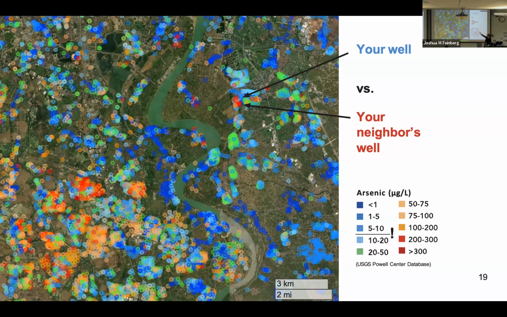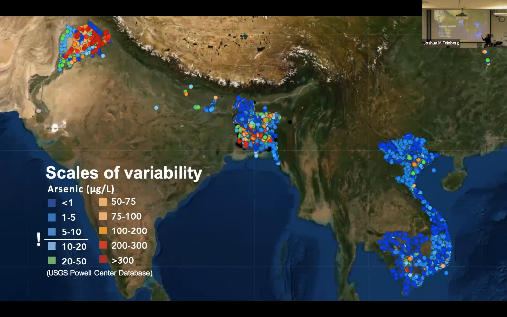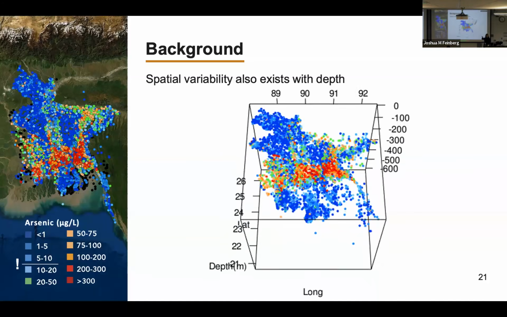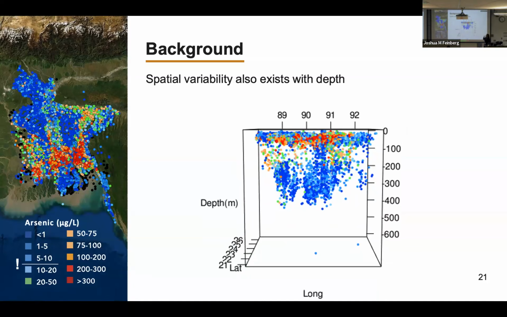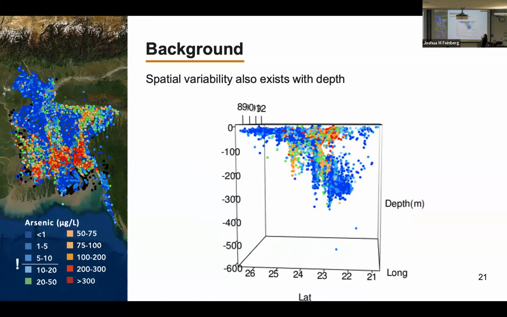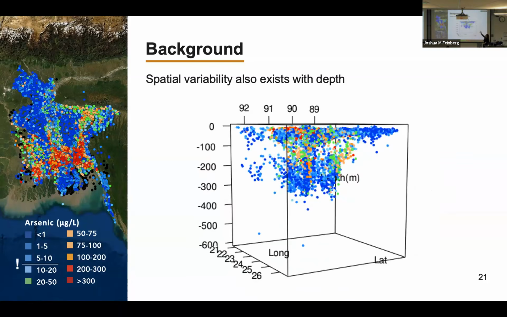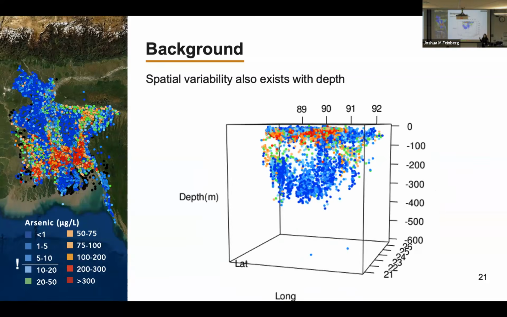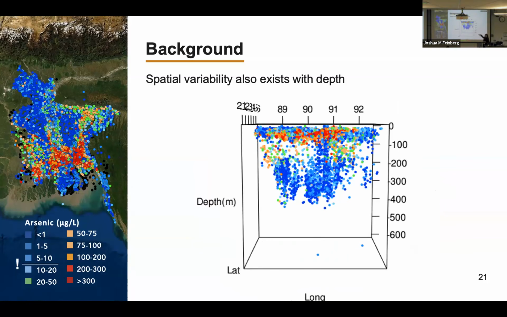Of course, you might also look at this map and say, oh, this is actually in 2D, so maybe it has something to do with depth, of course, because all groundwater wells draw water from a certain depth. So to take a closer look at that, let's zoom out a little bit and now go over to Bangladesh. So we can see that this spatial variability also exists with depth. I think there's another rotation going on here. Yes, so there's still some variability in our arsenic concentrations,